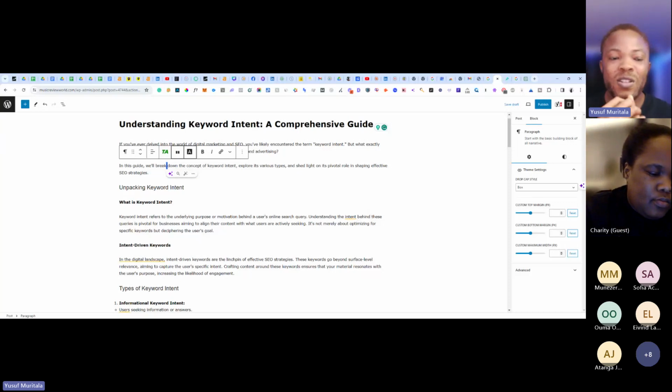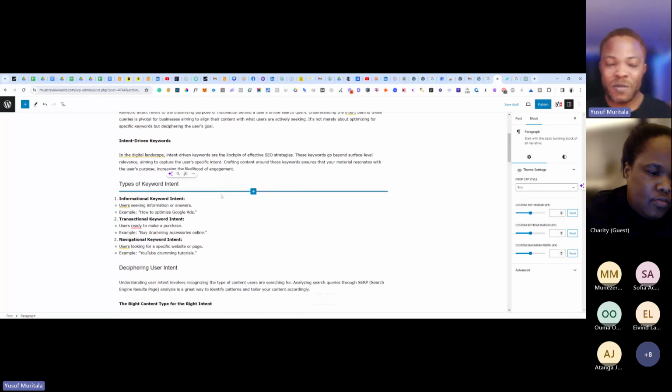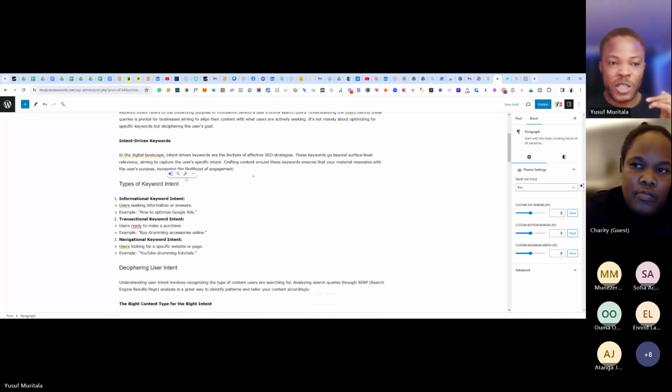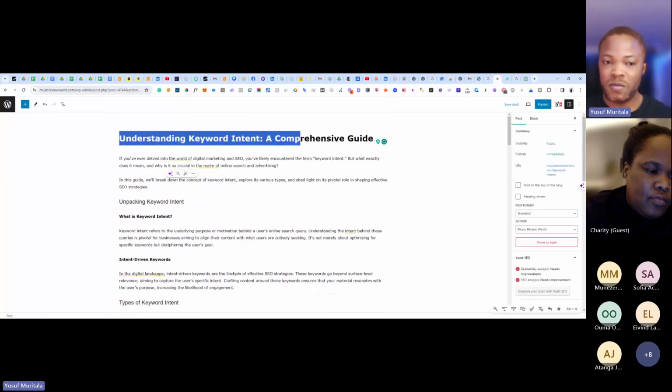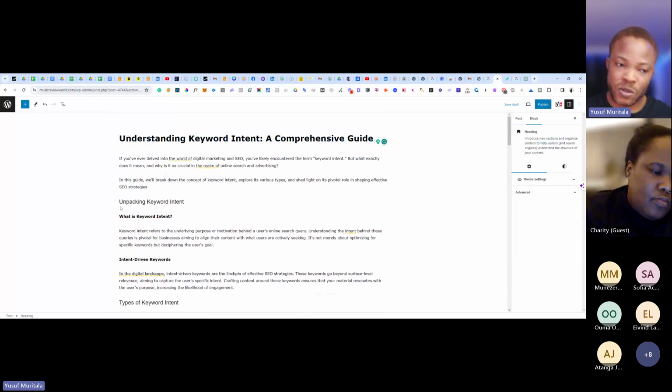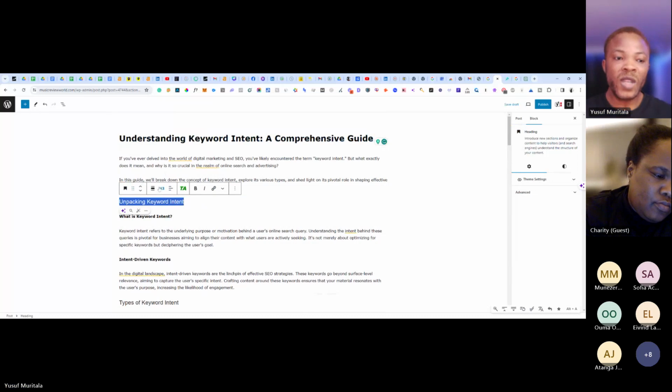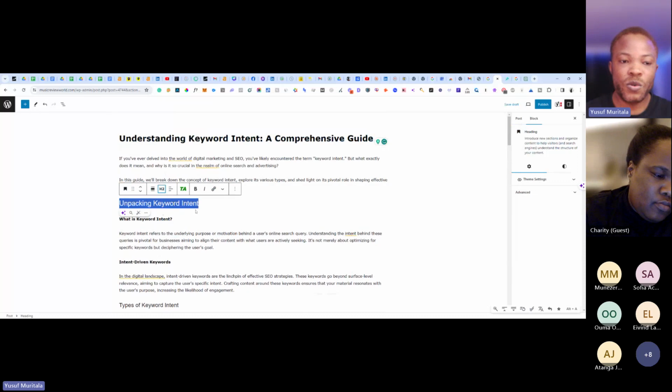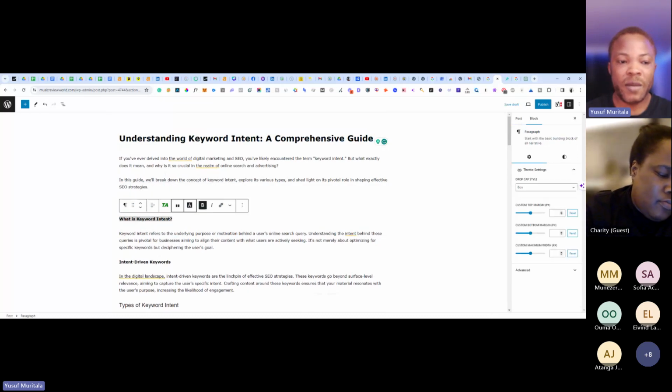And remember, it's not all about breaking it up so that it doesn't make sense, right? The H1 should make sense where it is, which is always the title. You understand? And then H2 is the subtitle. Like this one now, you can see is H3. You have to change it to H2. You understand? And then, for example, this one is what is keyword intent?